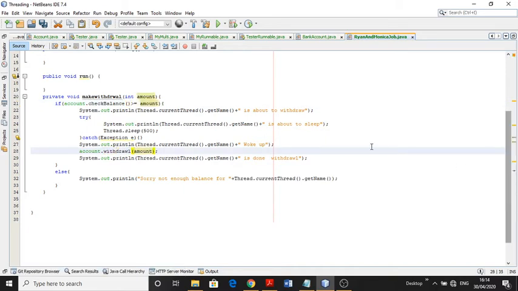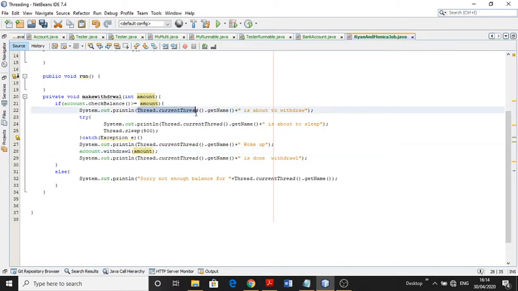withdrawal. Here in the makeWithdrawal method we send an amount, for example 10 each time. Ryan withdraws amount 10, then Monica amount 10, then Ryan, then Monica, then Ryan, then Monica. That means we will put this code in a loop. This method will be called from a for loop. And in this method we first check whether there is a sufficient amount available in the account.